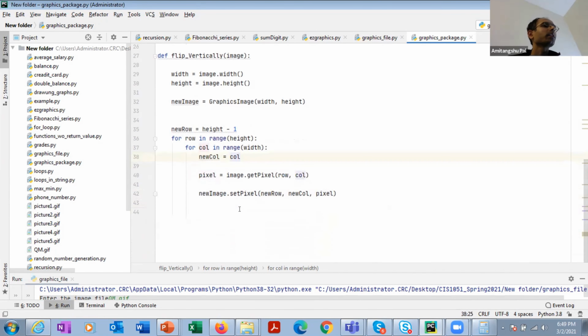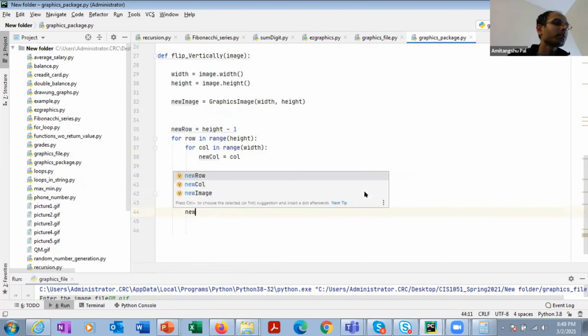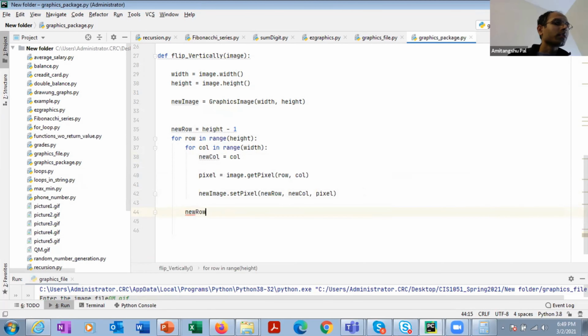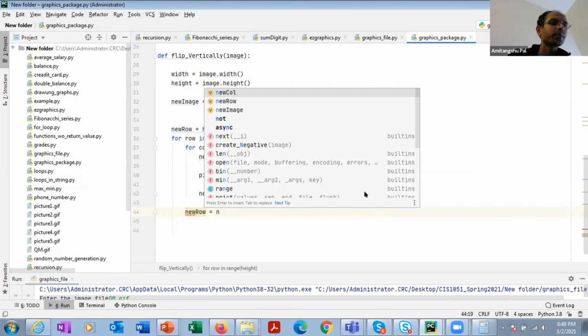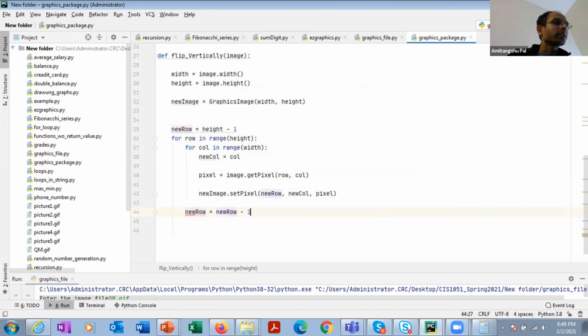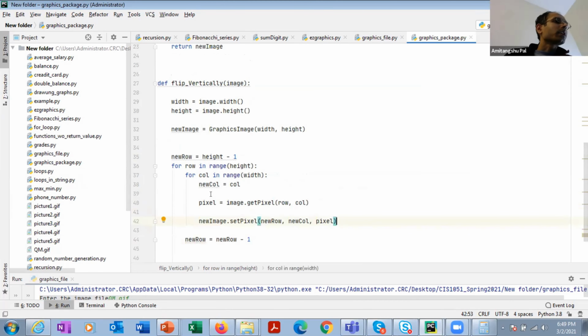And then at the end I need to do new row equal to new row minus 1. Okay, let's see whether it is working perfectly or not.